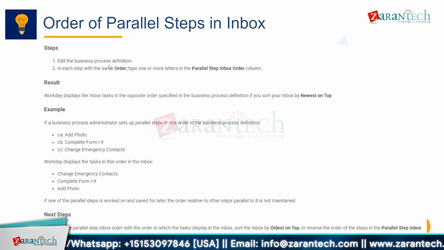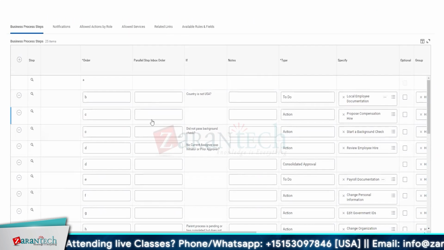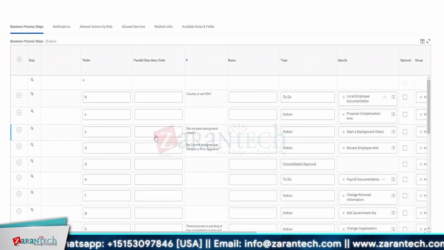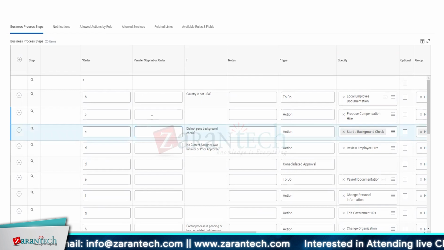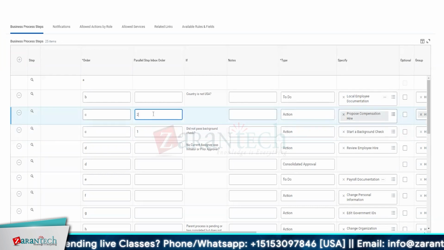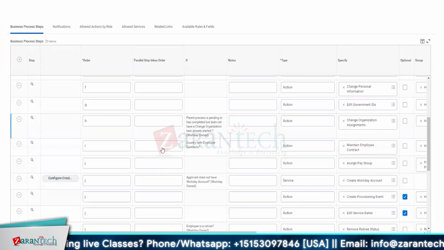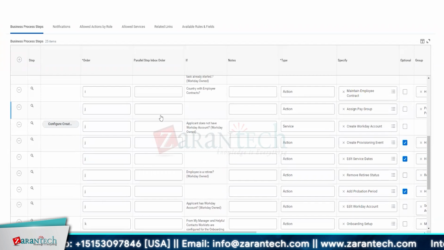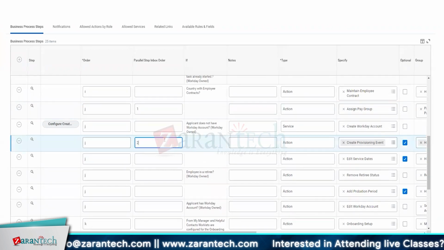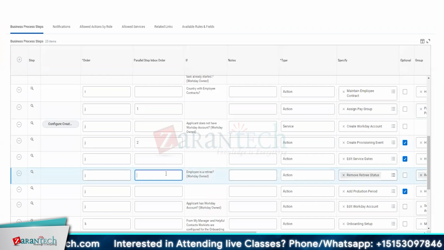So the first step is to edit the business process definition. In each step with the same order, type one or more letters in the parallel step inbox order column. So here, for example, if I have these parallel steps, say I want this step to happen first in C and this step to happen second in C, I can say 1 and 2. Also, in step D, I am okay with whatever order the steps come in the inbox, so for D I'm going to just leave it like this. And let's see in J. I want this step to happen first, this step second, third, fourth,